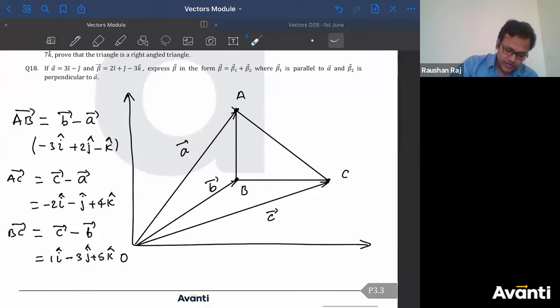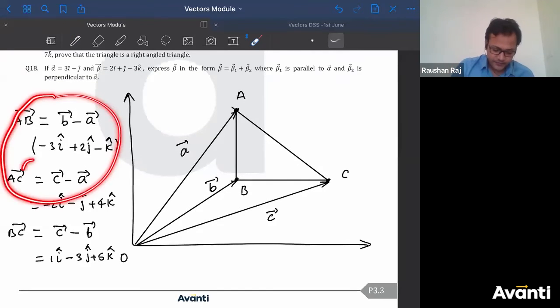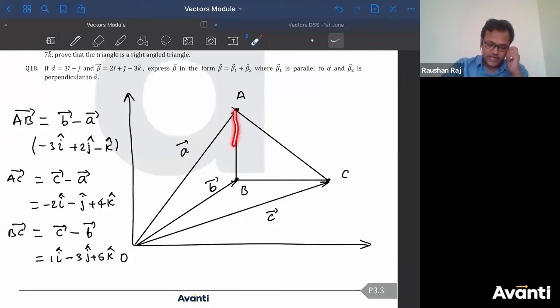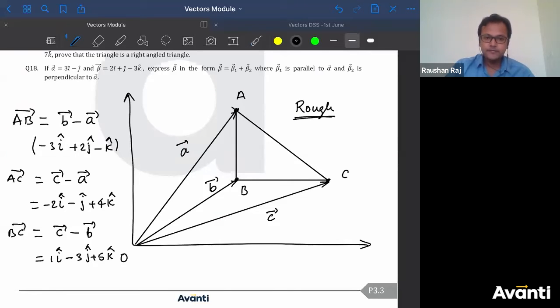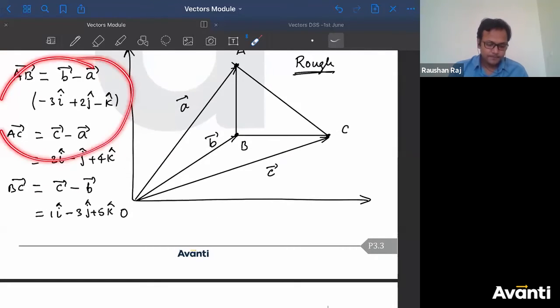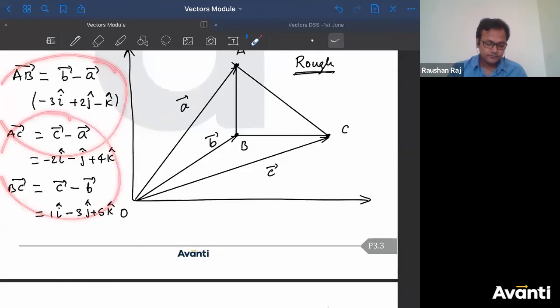I don't know which two of them are perpendicular. In this figure you might say AB and BC are perpendicular, but I don't know that. I have just assumed it; this is a rough estimation. I don't know which point is A, B, or C. This is not only in X and Y, and not a 3D diagram. In 3D space there might be this condition, so any two of these will be perpendicular to each other, right?